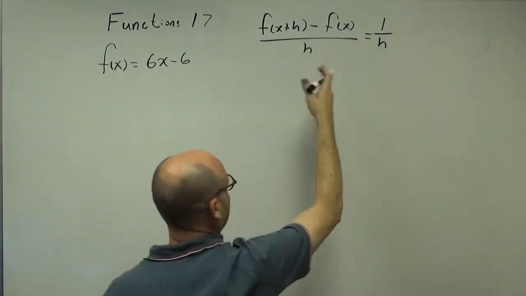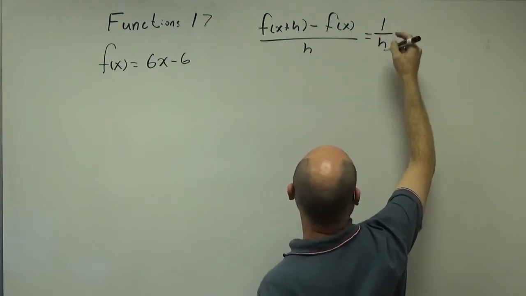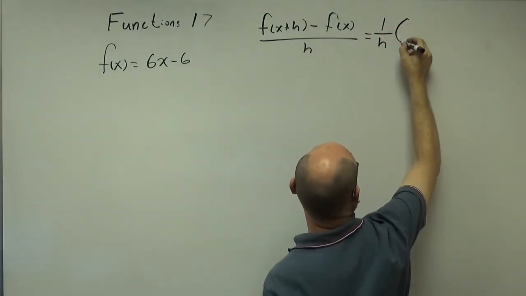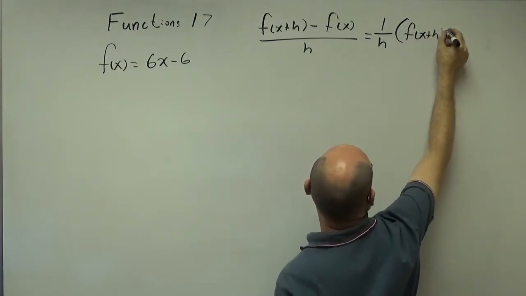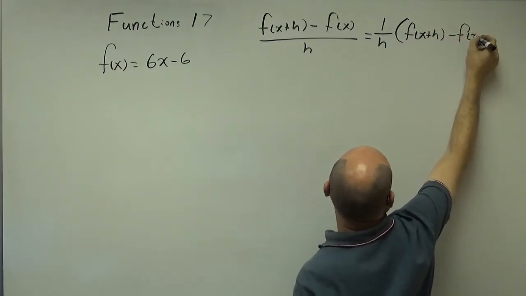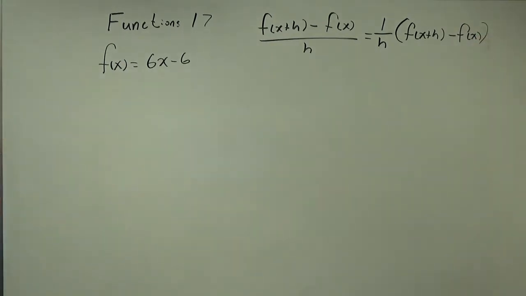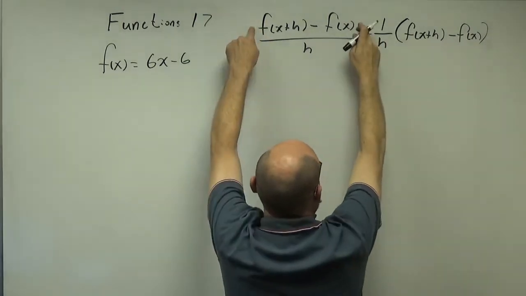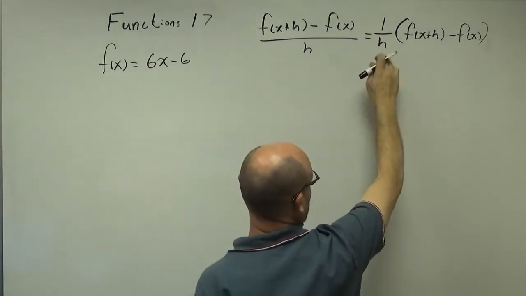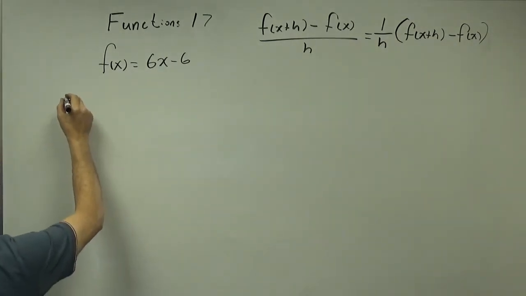so you don't have to write this over h all the time, is to recognize that f of x plus h minus f of x all over h is the same thing as 1 over h times f of x plus h minus f of x. And that's just going to make it easier to think about when we go at the end. Because honestly what we're going to do is when we find this, we'll factor an h out, and then it's just easier just to do that. Anyway, it's just a writing thing. But let's find